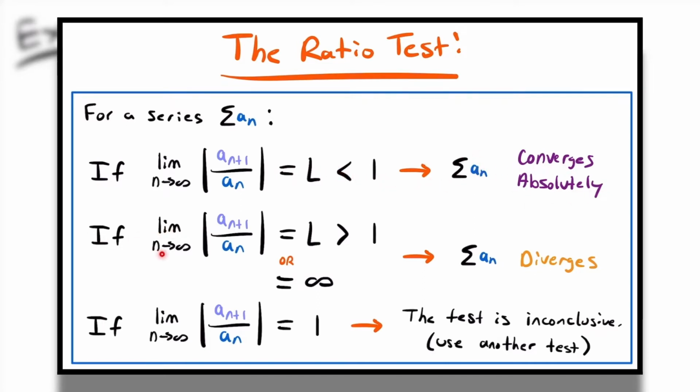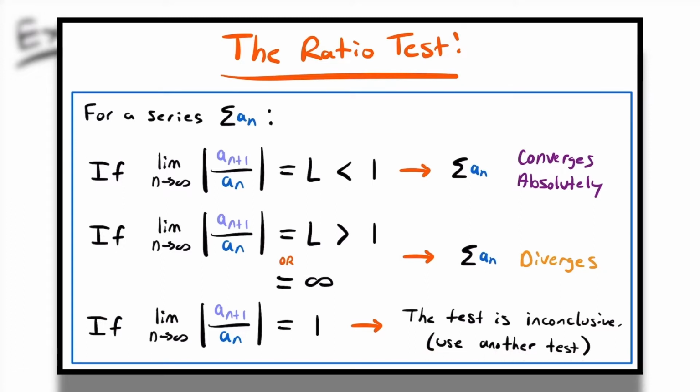If the limit as n approaches infinity of the absolute value of that ratio is equal to some limit L that is greater than 1 or it's equal to infinity, then our series diverges. And then finally, if the limit as n approaches infinity of the absolute value of that ratio is equal to 1, then the test is inconclusive. The ratio test does not tell us if that series converges or diverges, and so we will need to use